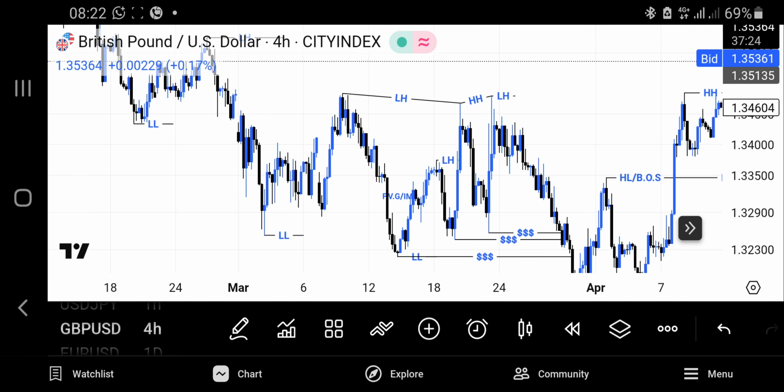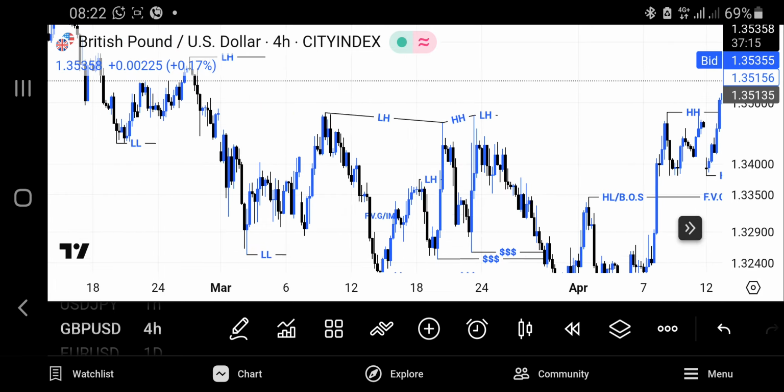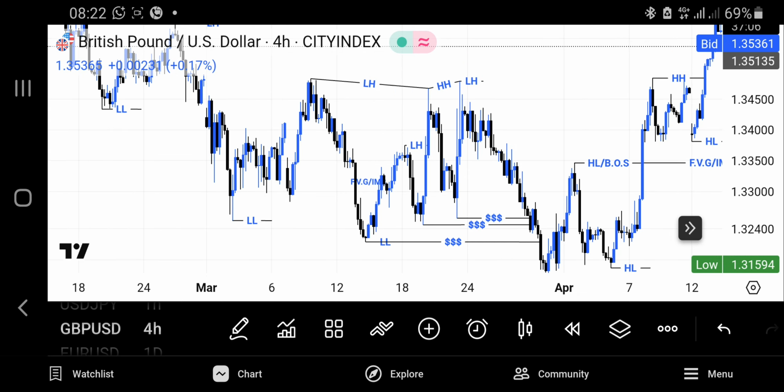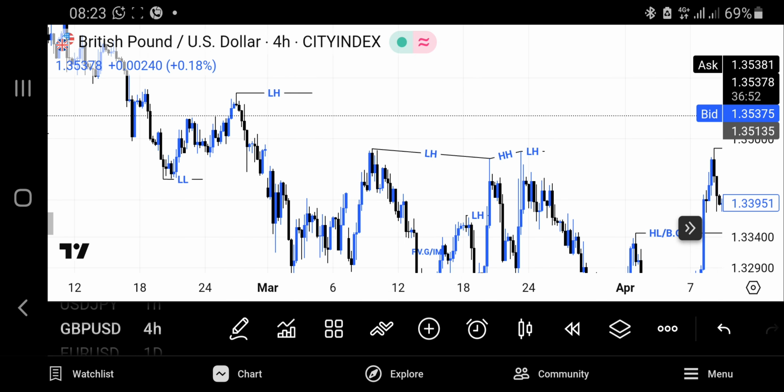A yielding bearish divergence, and then forming a yielding bearish divergence, it also formed a regular bearish divergence until all this zone was met. What I mean by all this? This was the yielding bearish divergence. Then this is the regular bearish divergence,